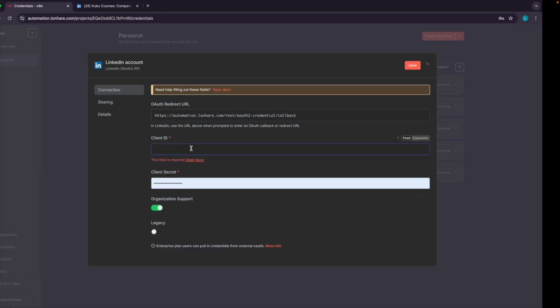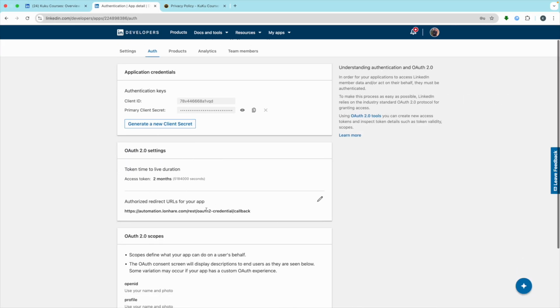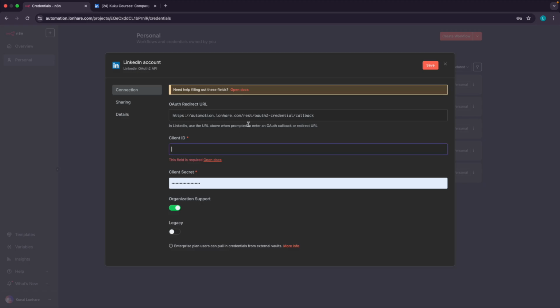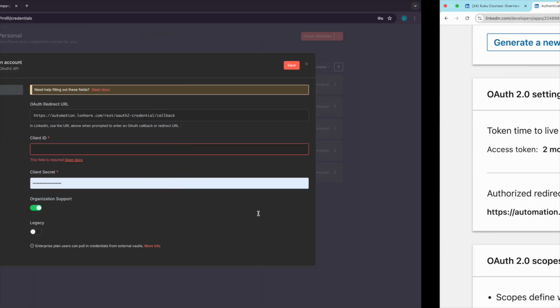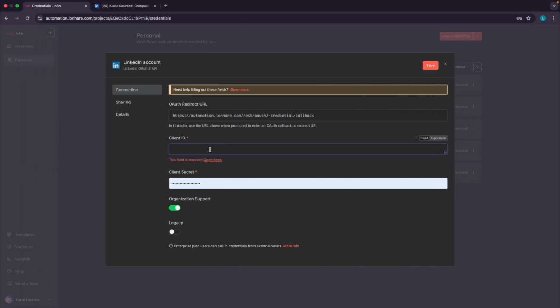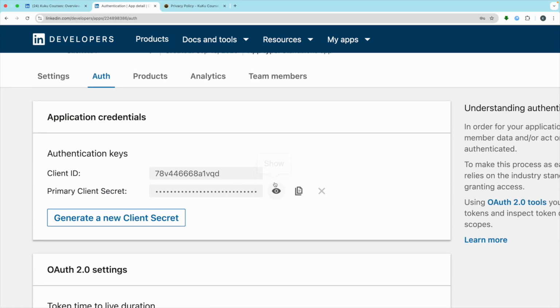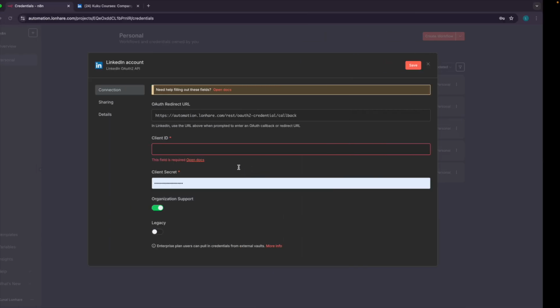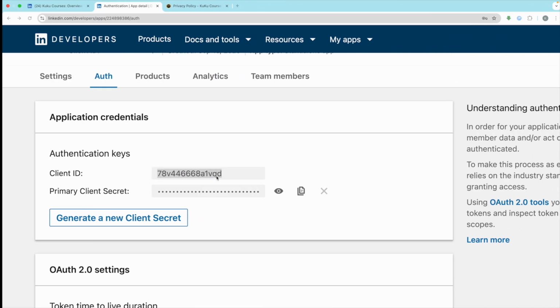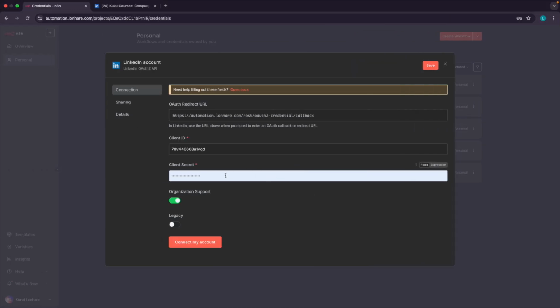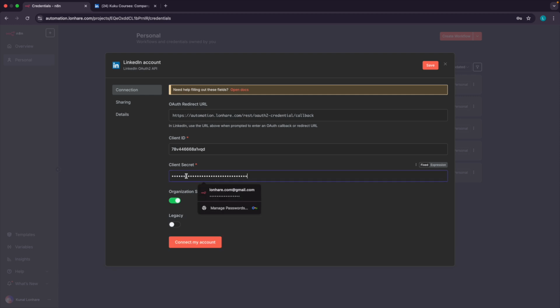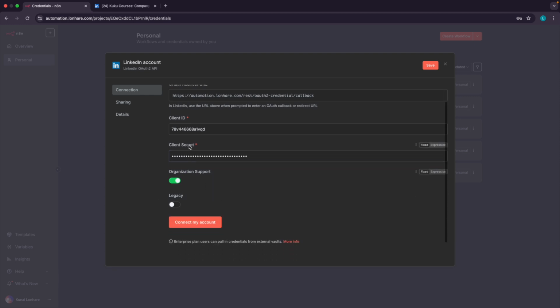So you all know that you have to put the REST OAuth callback, which we have already added, and it will ask you for the client ID. So remember the client ID, just copy it again, and paste the client secret over here again. Remove the old one and paste it here. Now this time just enable this, but the problem is if you just save it for now, before you connect my account,